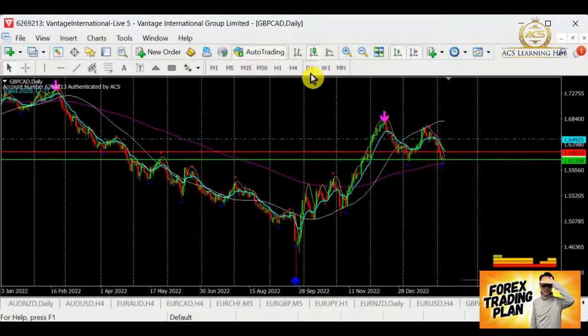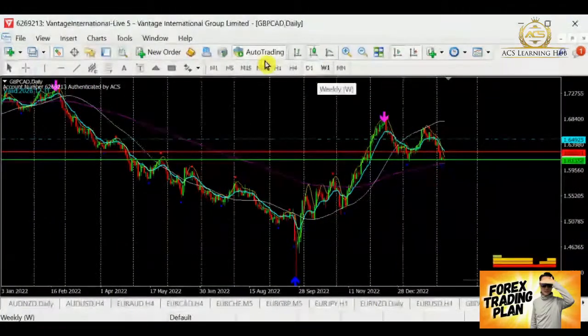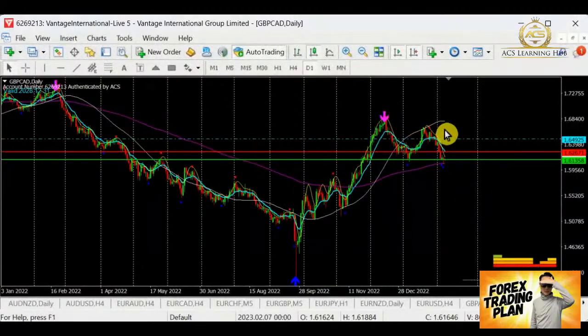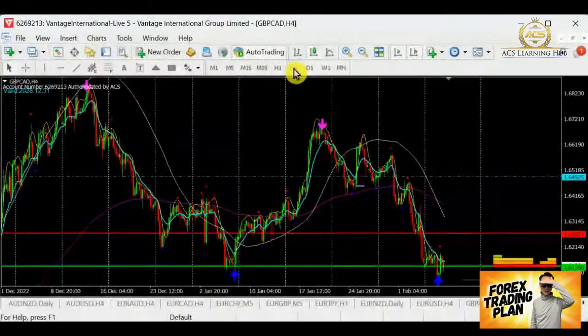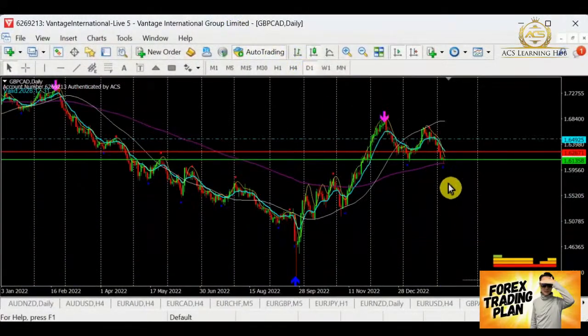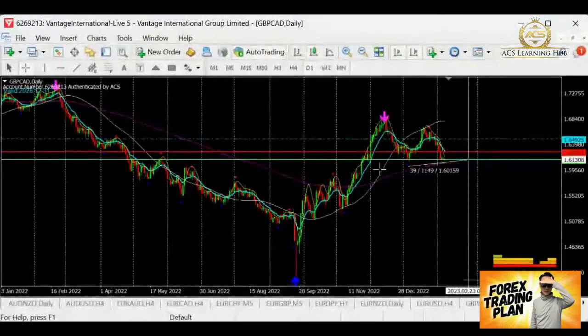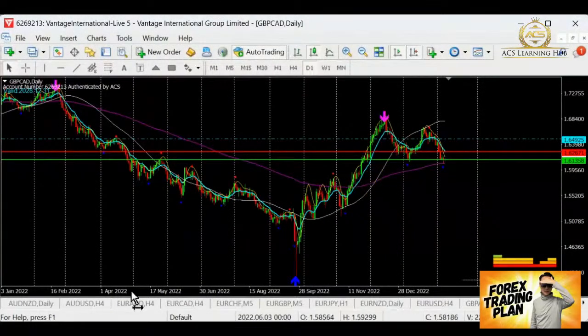For Pound CAD over here, tentatively, as I can see, the bull seems to have ended, and now it's coming into the transition of the bear. So right now, I'm waiting for it to break this support. After breaking this support, I will have very good space down there, about 200 over pips. So for Pound CAD, yes, we can take note as well for selling. Just wait for the breaking of the support, then we will go for it.